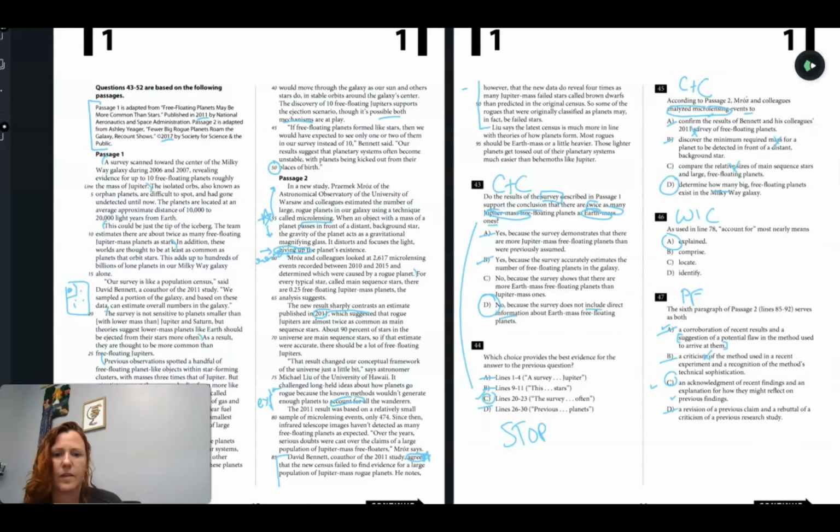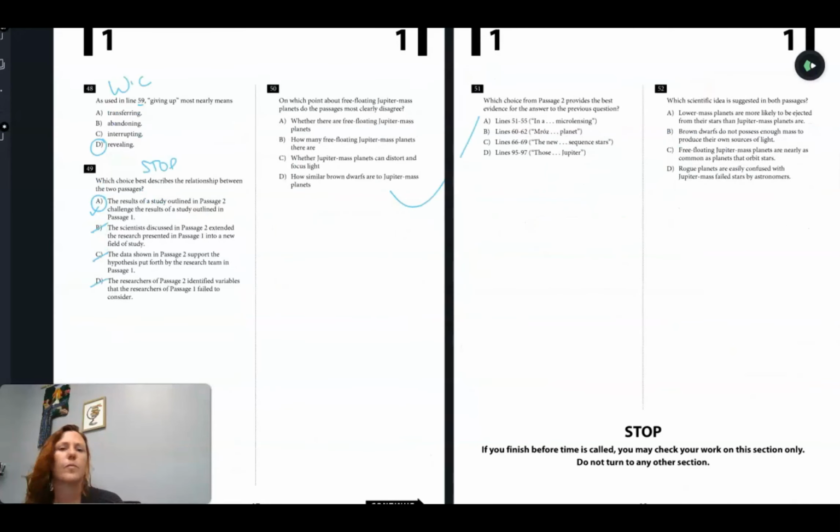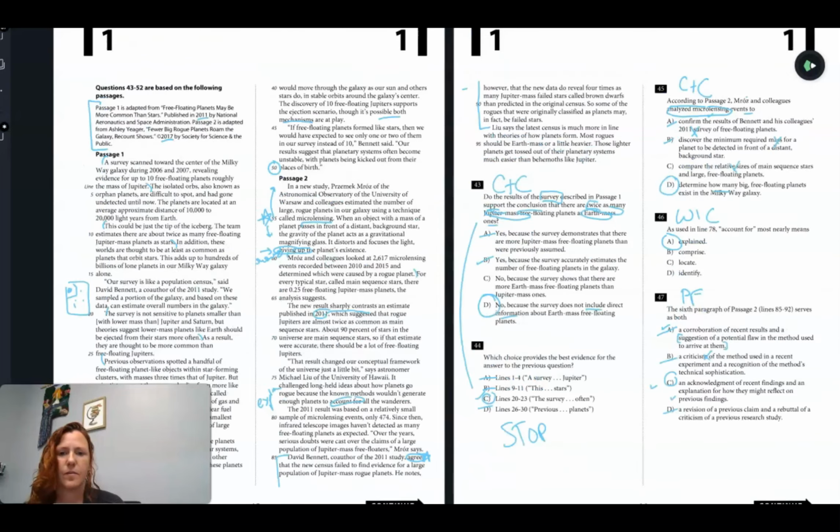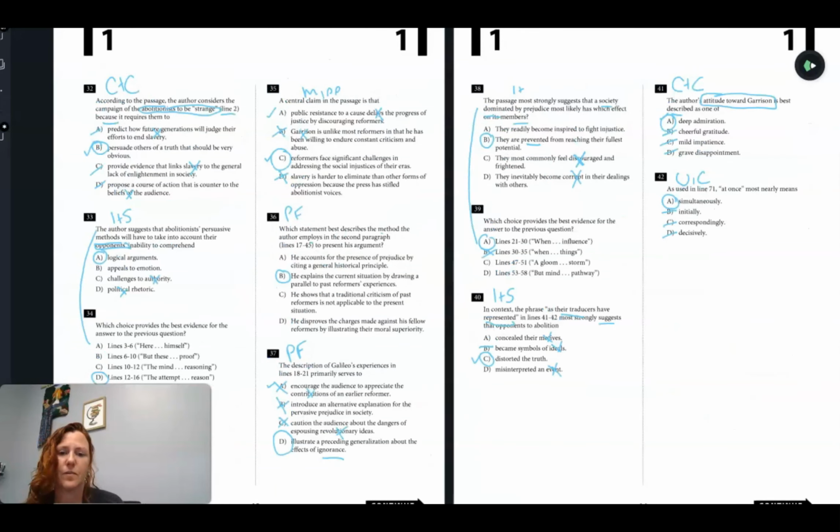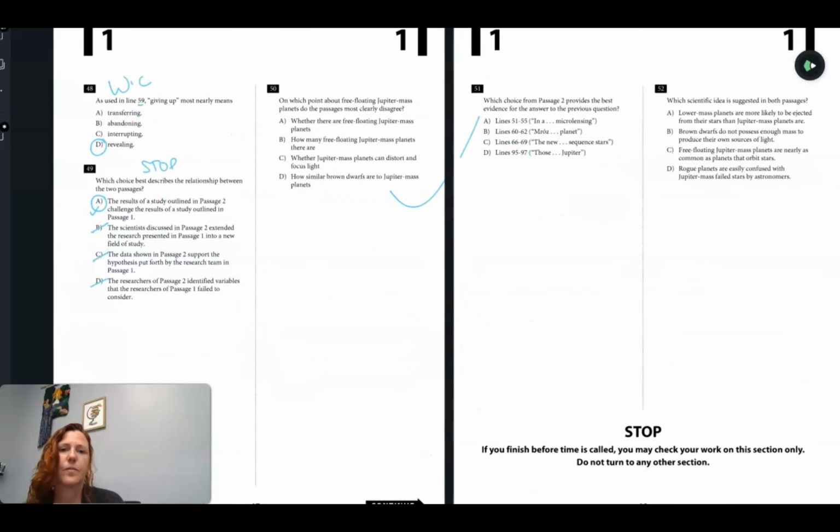So again, that's just kind of the method section. 66 through 69. The new results sharply contrast the estimate published in 2011, which suggests that rogue Jupiters are almost twice as common. So we had it right, and that is our line of evidence. So C, and how many? Last one, what scientific ideas suggested in both? Lower mass are more likely to be